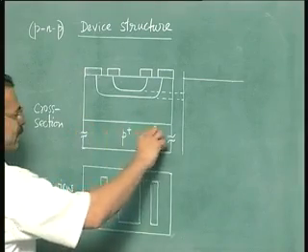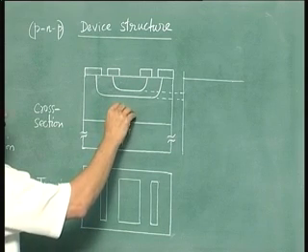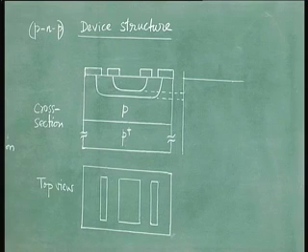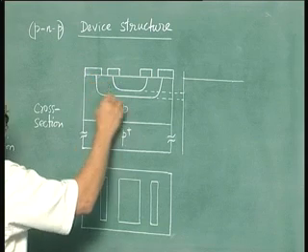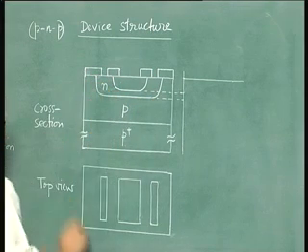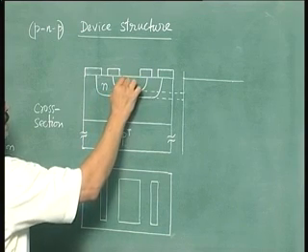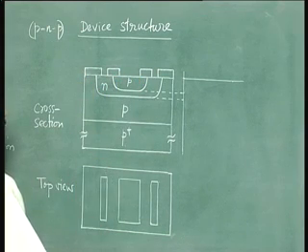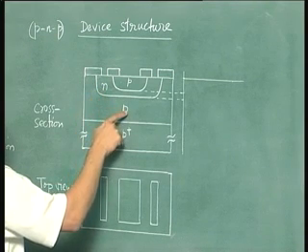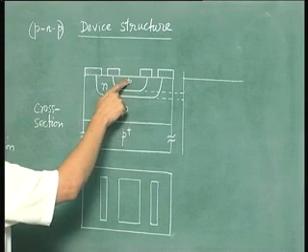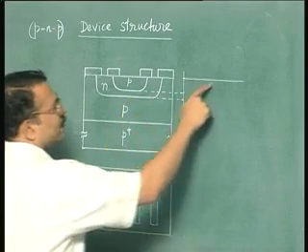You start with a substrate which is heavily doped, and then on that you grow a lightly doped layer of required doping level, which is a p-type layer. Then through a window you create an n-type diffusion, and then through another smaller window you create a p-type diffusion. Now here it is important to note that the doping of the n-type region is more than the doping of the p-type layer below it, and the doping of the p-type region is even more than the doping of the n-type region. So this can be shown by a doping profile that can be drawn on this side.